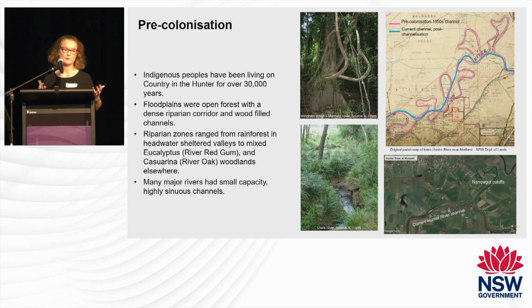So let's start at the beginning. Okay, we know that Indigenous peoples have been on this land for tens of thousands of years, and how river systems have been fundamentally transformed, particularly post-colonisation. We think that the floodplains in the Hunter Valley were a more open forest association, and there was a relatively dense riparian corridor. What's fundamentally changed is the morphology or the structure of our rivers, and you can see the